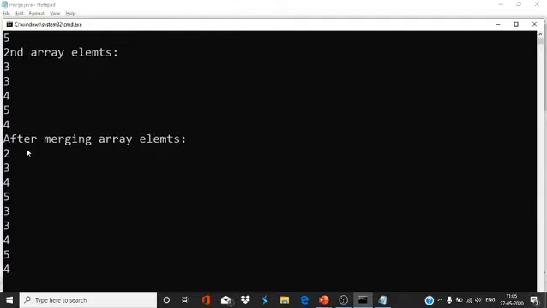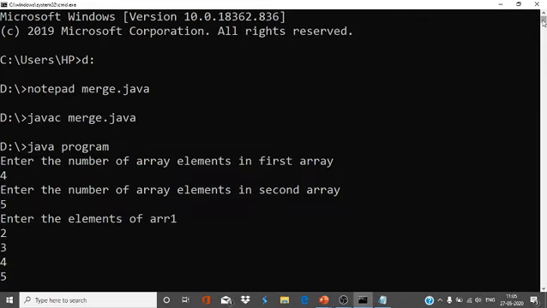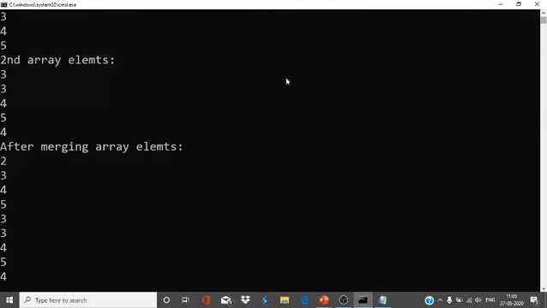Now see, after merging you can see the output. The array elements are 2, 3, 4, 5, 3, 3, 4, 5, 6.